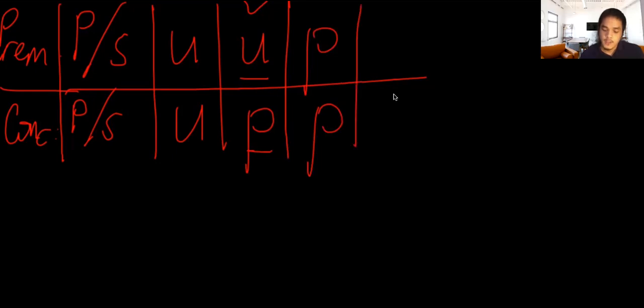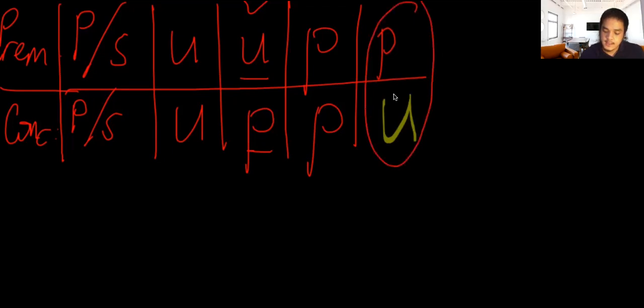However, when you have a particular major term or minor term, but it extends to universal in the conclusion, then that is what we call an invalid movement. This is illicit,